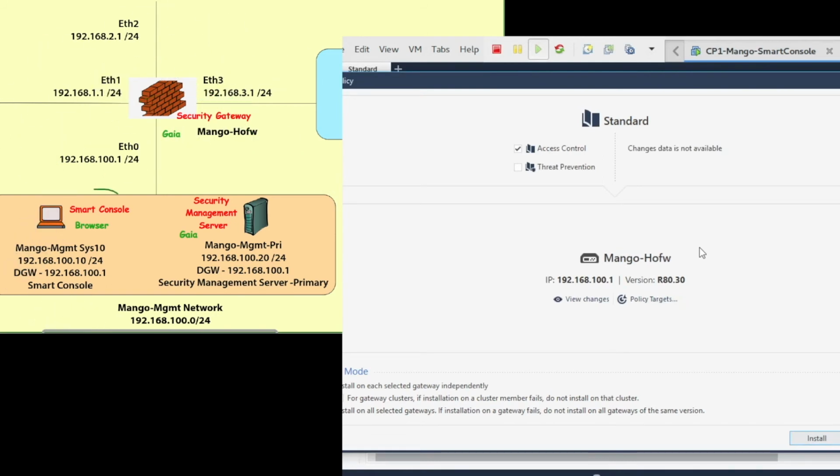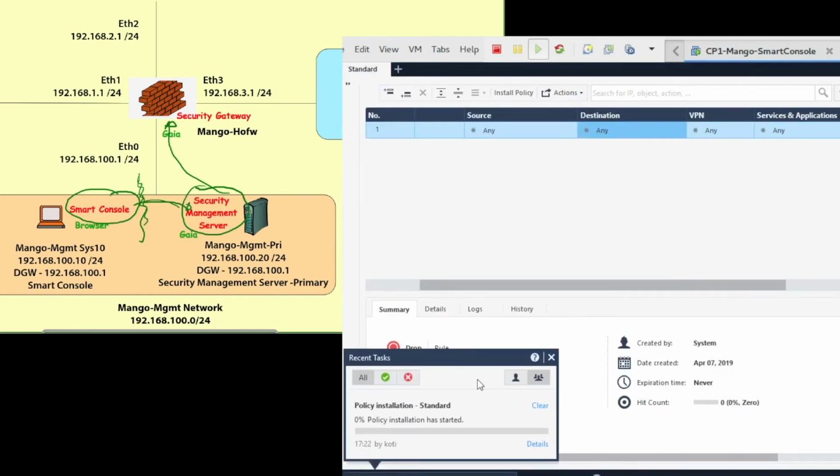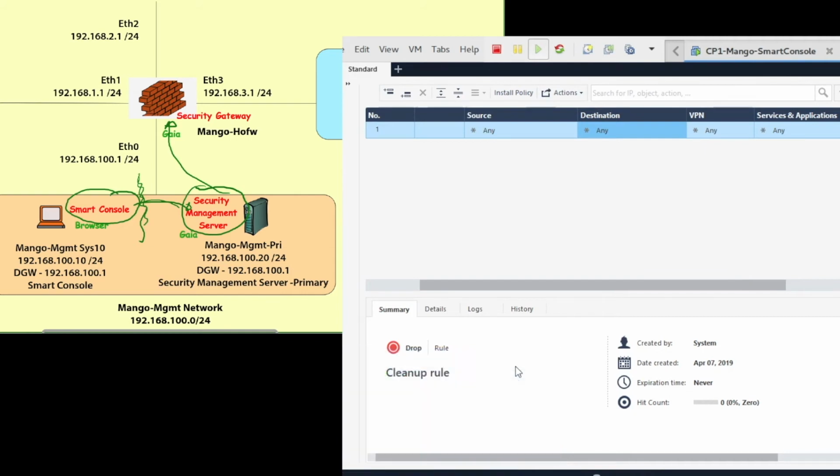Using the smart console, I logged on to the management server. When I want to install the policy on the security gateway, whatever configuration I did on the smart console will be saved on the management server. After saving, the management server will open a connection to the firewall and install the policy on the firewall. Saving the configuration I have done on the smart console is called publishing on the management server. So once I publish, I say install. Now the policy is getting installed on the security gateway by the management server.